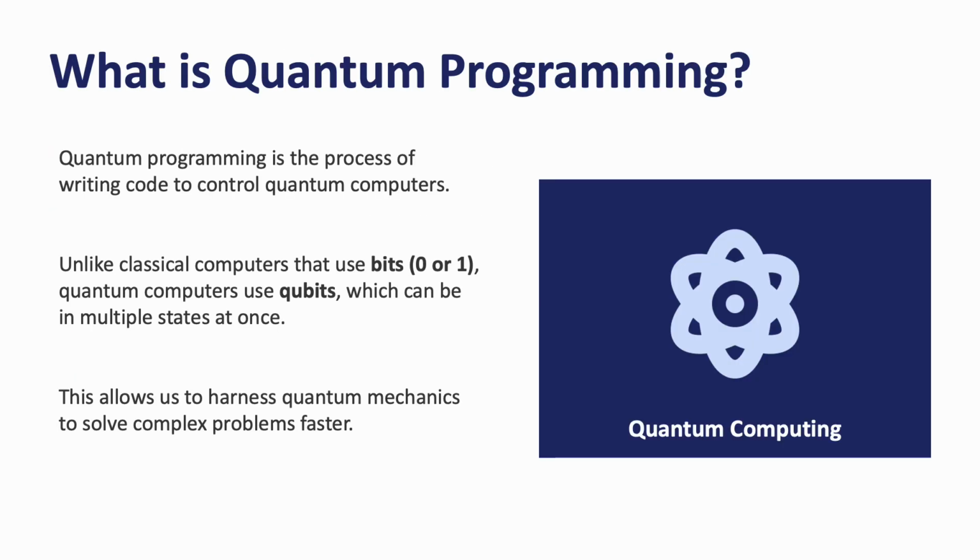So the interesting question is, what is quantum programming? At its heart, quantum programming is the process of writing code that tells quantum computers what to do. Now you might be wondering, what makes it different from regular programming? The answer lies in how quantum computers process information. While the computers we use every day,